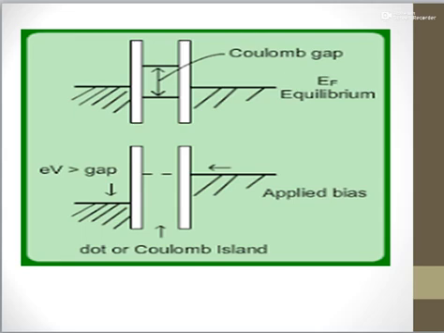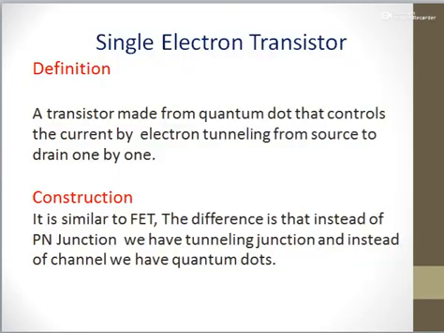And this diagram denotes the suppression of tunneling. How? In quantum dots, the charging energy is substantial, and it can be large enough to block tunneling electrons. So this is how it blocks the tunneling electrons, and this is known as a Coulomb island or quantum dot. And the single electron transistor uses the Coulomb blockade effect as a working principle, that is, addition or deletion of electrons into a quantum dot is suppressed by tunneling due to the creation of the Coulomb effect.